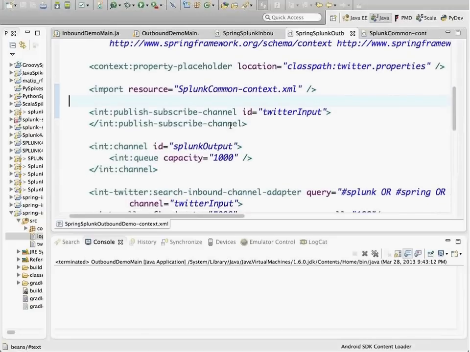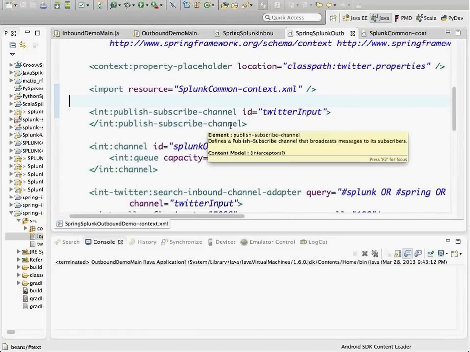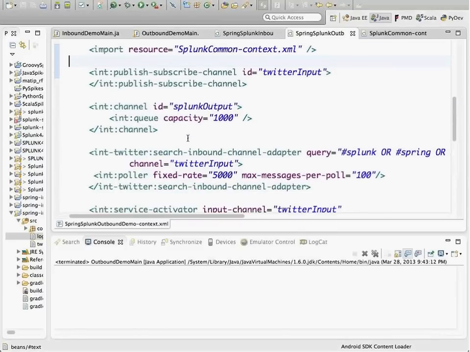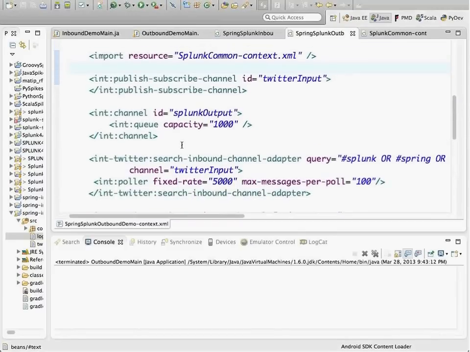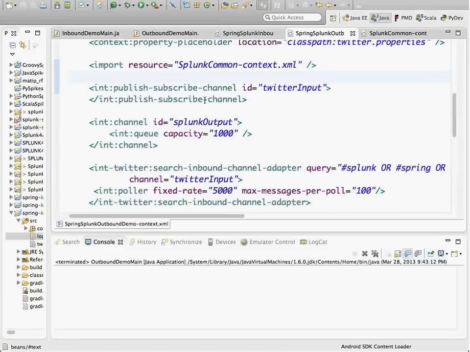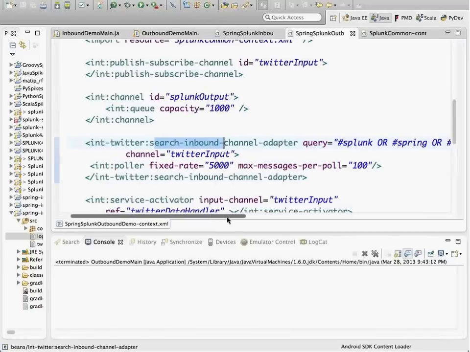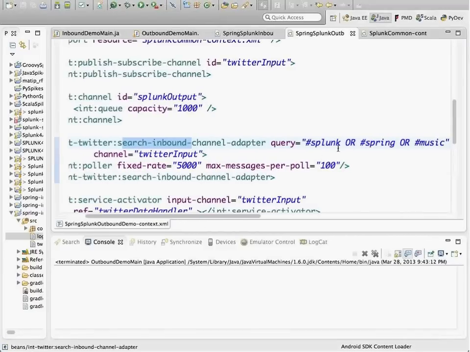In this example, I need a source of data. The Spring Integration framework comes with some Twitter adapters, so I've decided to use a Twitter inbound adapter for polling various tweets and using this as my source of data. I've set up my publish-subscribe channel to Twitter. In the Twitter inbound adapter, I'm specifying a Twitter query to pull down some tweets.